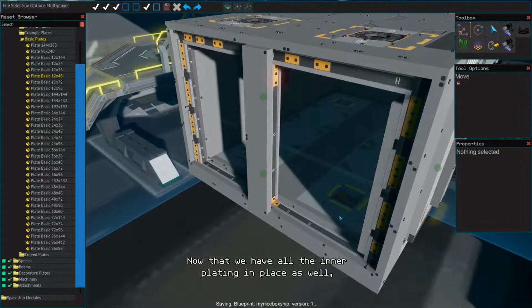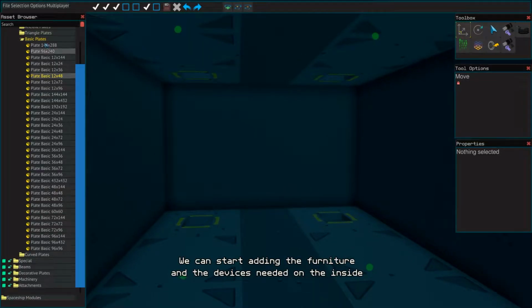Now that we have all the inner plating in place as well, we can start adding the furniture and devices